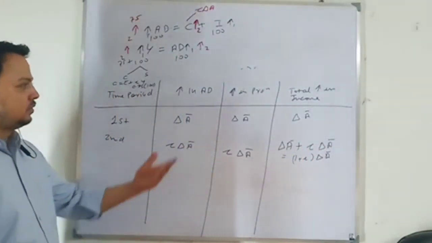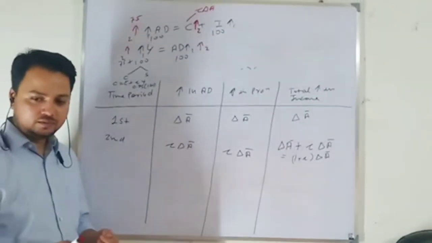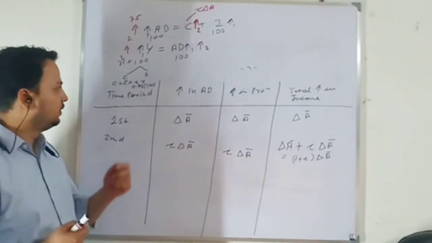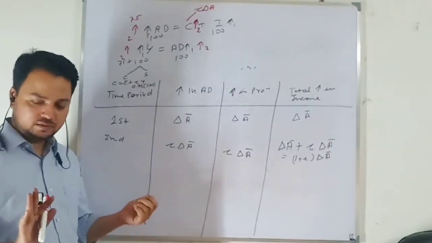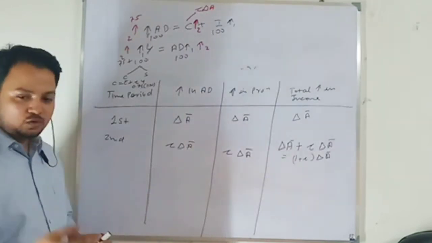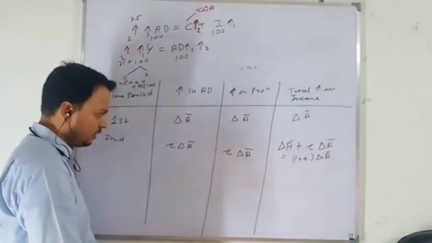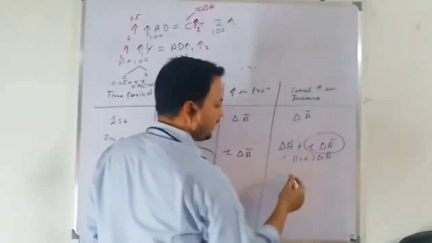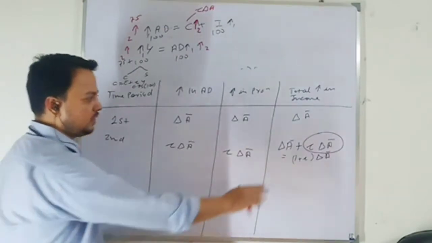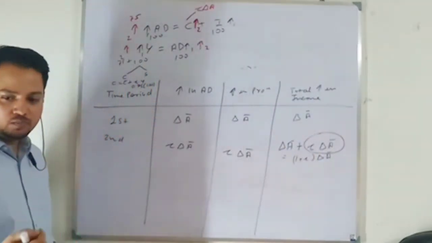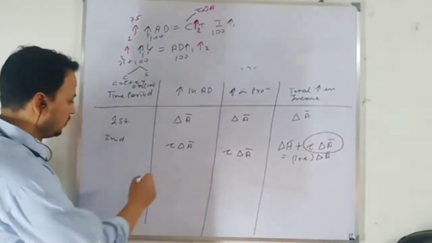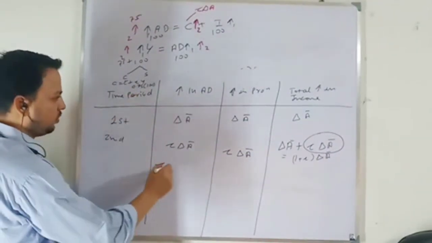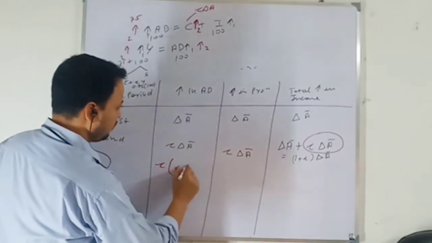So when your income increases, what will happen? When your income increases, you will either consume or save. So again, consumption will increase. How much is the increase in income? This much is the increase in production, so this much is the increase in income in the second round. Out of this income of 75, how much will you consume? 75%, 0.75, right? So you will consume MPC times your increase in income: small c delta A bar.